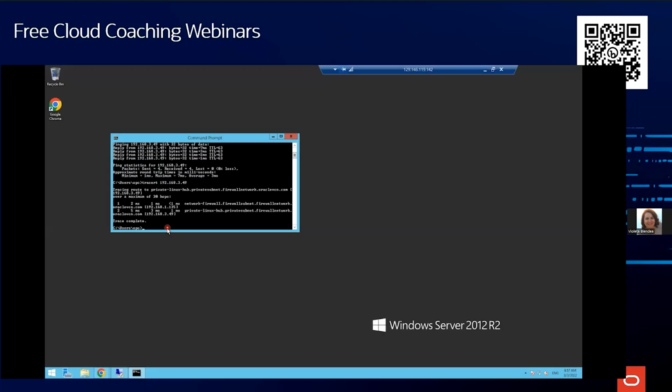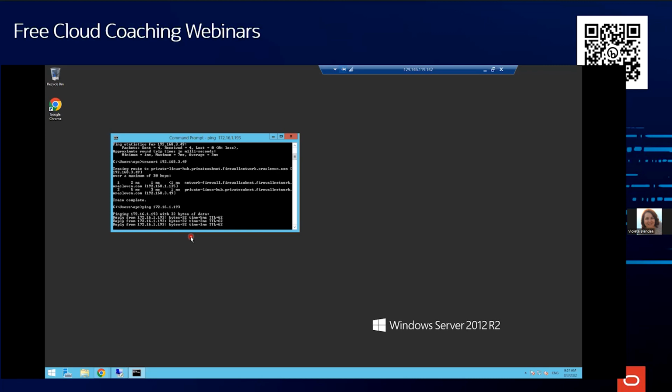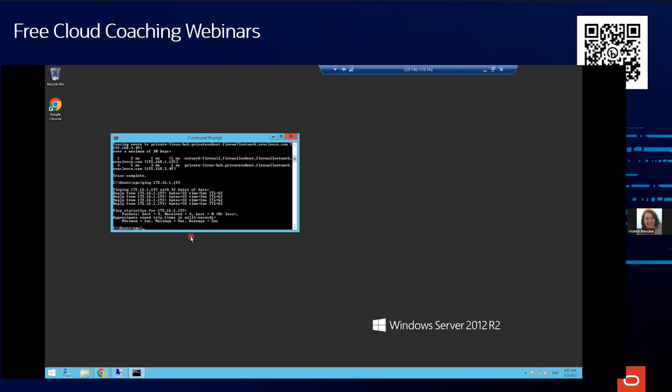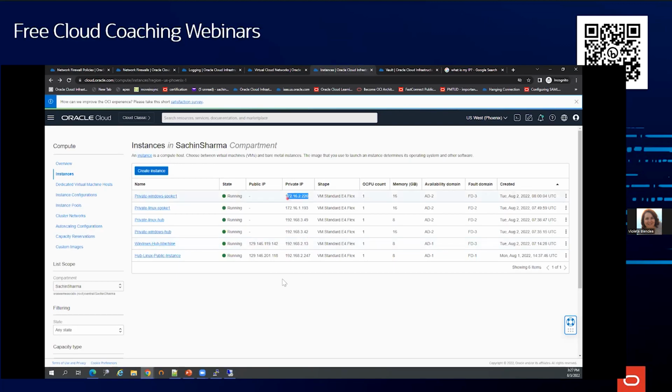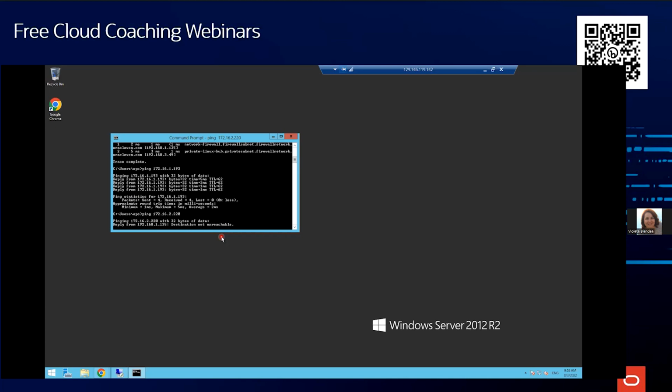Let us see whether I am able to ping it. I paste it, and I am able to ping it because I have allowed ICMP. I will not be able to SSH onto this Linux machine because there is no such rule. Now let me check the Windows machine to see if I can ping it. It will say destination not reachable because I have not created any such rule. I paste it, and it says destination net unreachable.